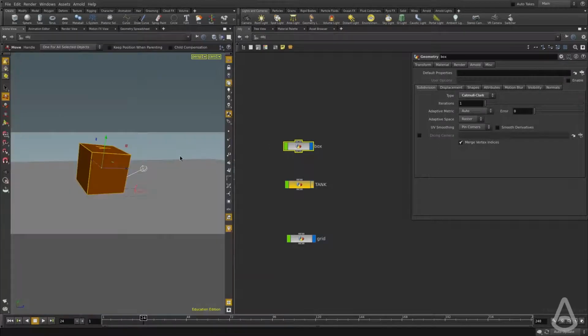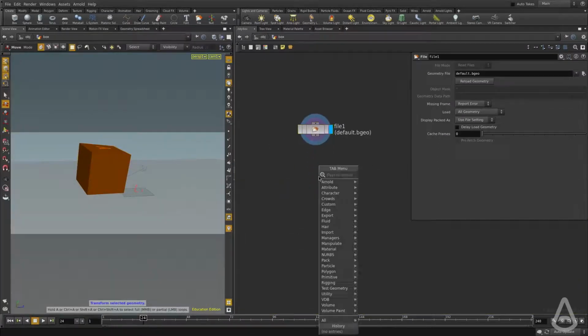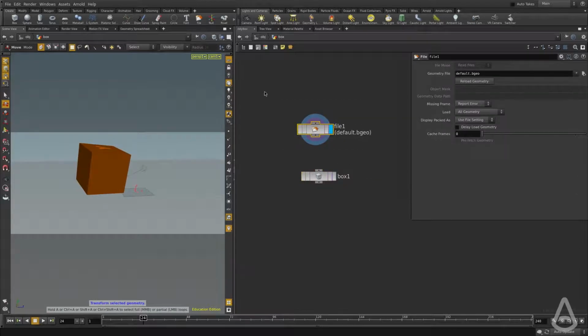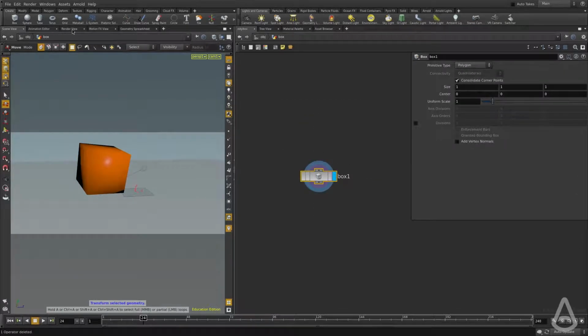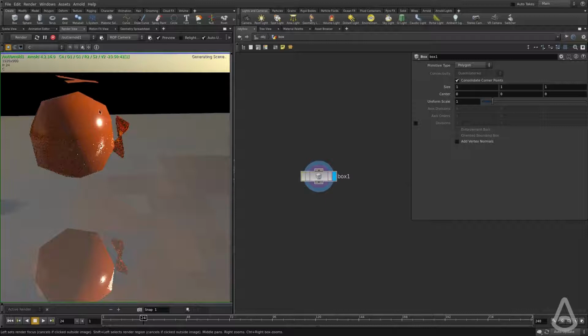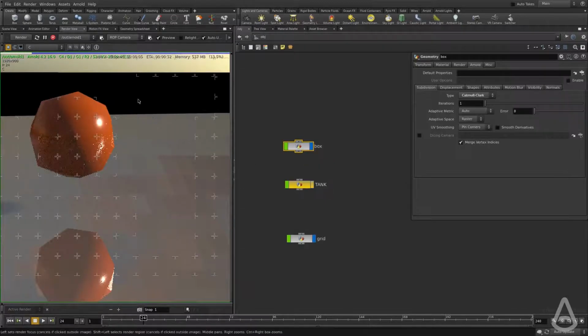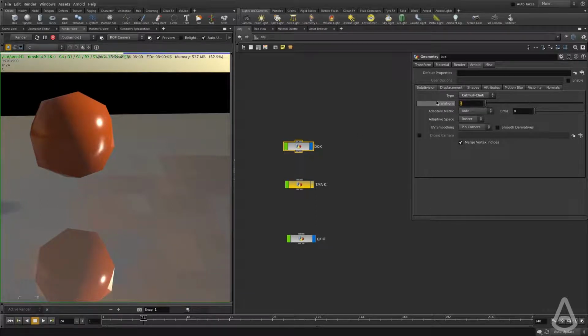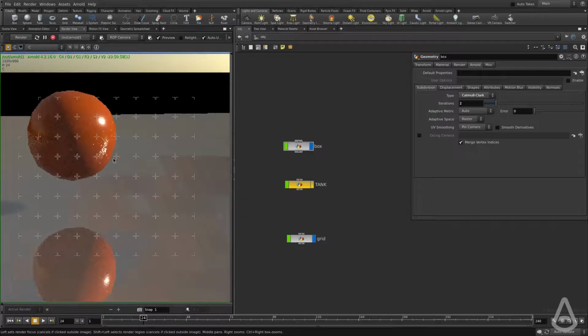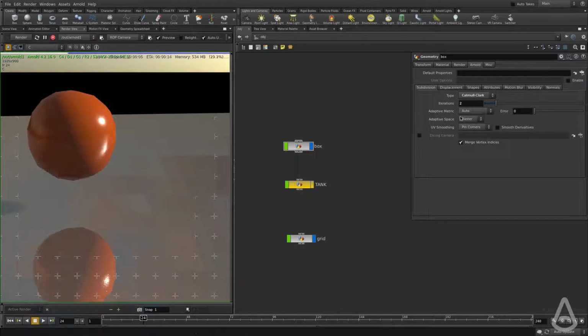Now there is extra geometry in this box, so let me create a new one here. So this should do it. And now if I hit render, we should see the box being subdivided once. And that's what makes it turn from a cube into a sphere. And I'm going to increase the iteration to subdivide it twice. And this will make it look more sphere-like, and the higher the value, the more subdivision we're going to apply